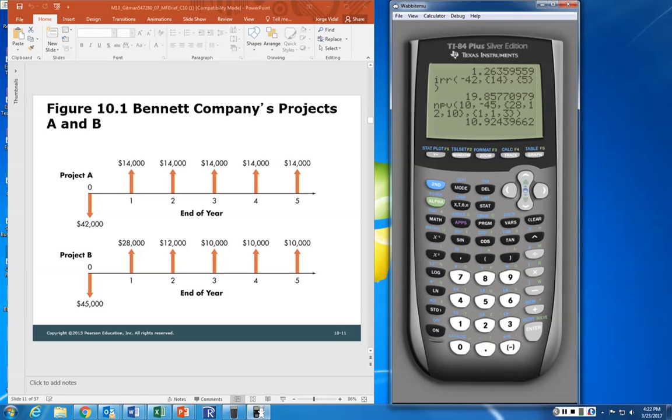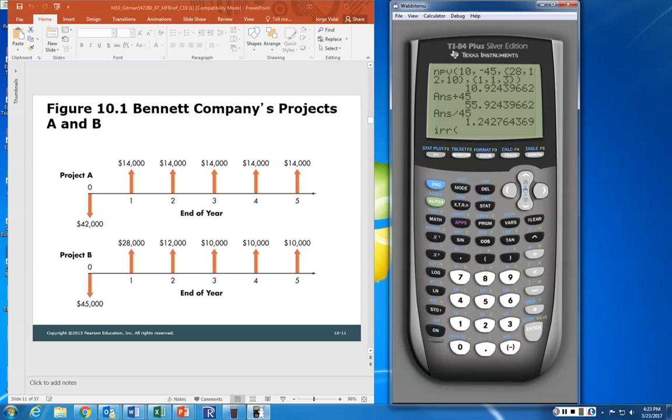and NPV is 10,924. And remember, if you do second, enter, you can go to the cost of capital and replace the 10% with any number that you want. To do the PI, it is the NPV plus the initial investment, and then over the initial investment, 1.24. And IRR, Apps, Finance,